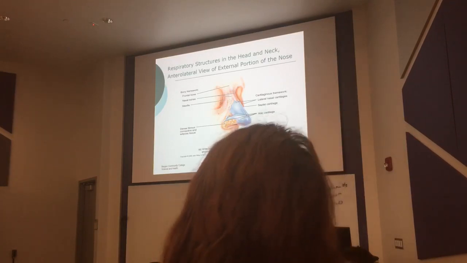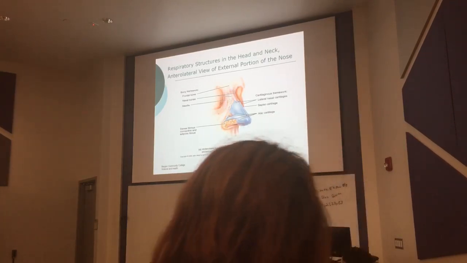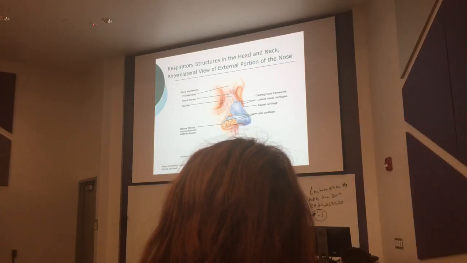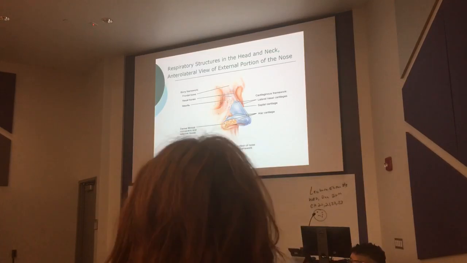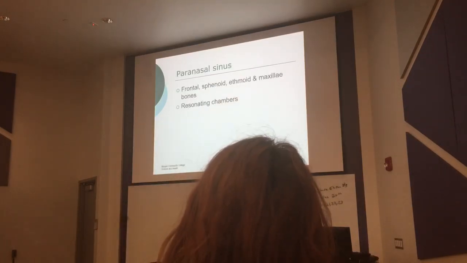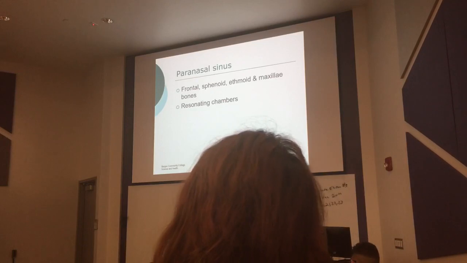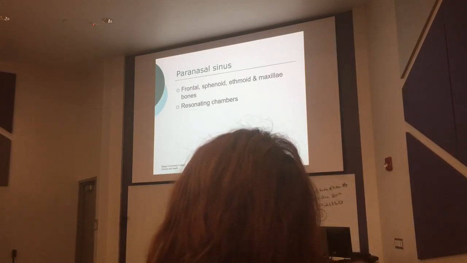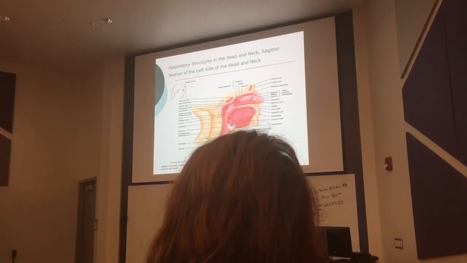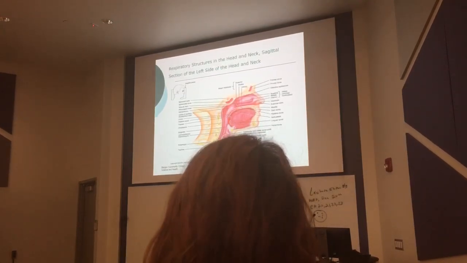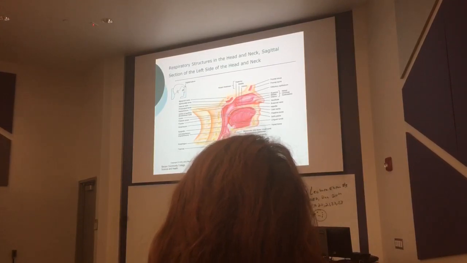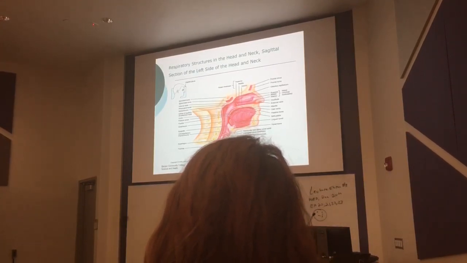That's terrible. So here we've got the nasal septum, the septal cartilage and the alar cartilage, and look, dense fibers connected to your adipose tissue. This is what they'll reshape. Okay, so paranasal sinuses: you've got a frontal sinus in your forehead, a sphenoid sinus in the back behind your eyes, the ethmoid sinus by your nose, and the maxillary sinus. These are resonating chambers, and those bones are very, very thin. Right here is the frontal sinus, then the sphenoid sinus, the ethmoid sinus, and you can't see it too well, but the maxillary sinus.